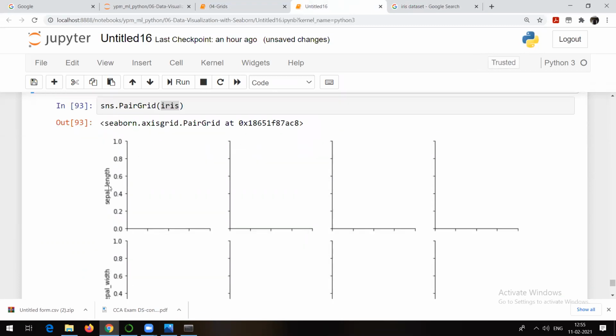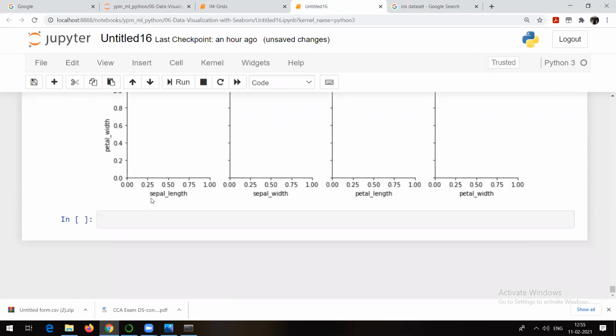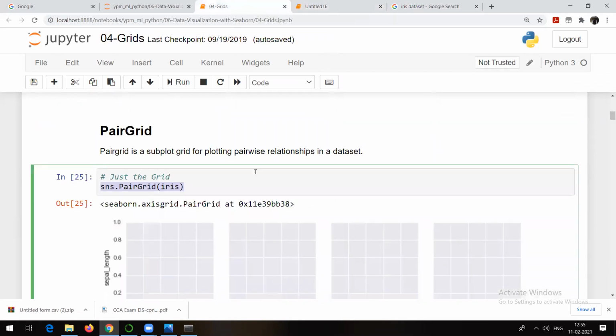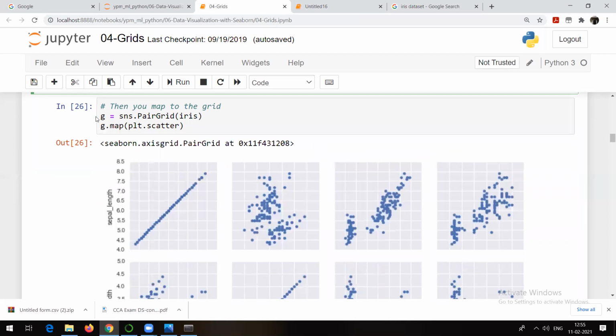On the y-axis, what are we able to see? Sepal length, sepal width, petal length, petal width. On the x-axis, the same thing: sepal length, sepal width, petal length, petal width. So 4 by 4, 16 graphs you are going to make. So the grid is nothing but a place where we are going to plot the graphs. Okay, so I have created the grid and then I am using g.map